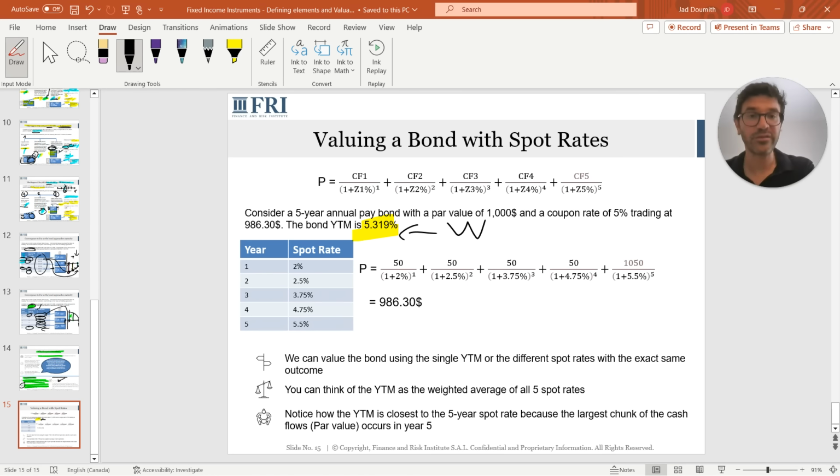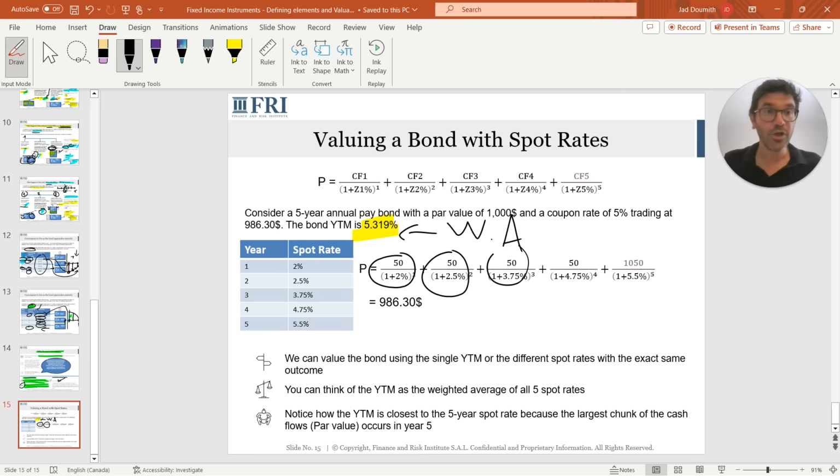So it is a weighted average of all rates, right? This is what an average is. You either use for each cash flow the corresponding rate, or there exists one rate which if you use it for everybody, it also works. This one rate is the yield to maturity. And why does it work? Because it's a complex average, it's a weighted average of all the spot rates weighted by the size of the